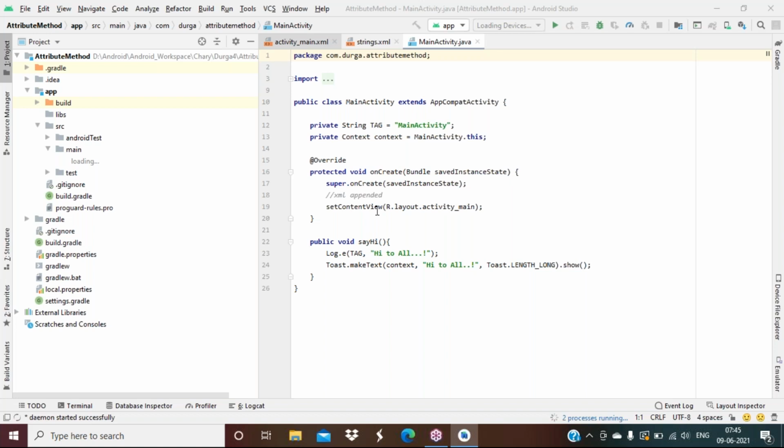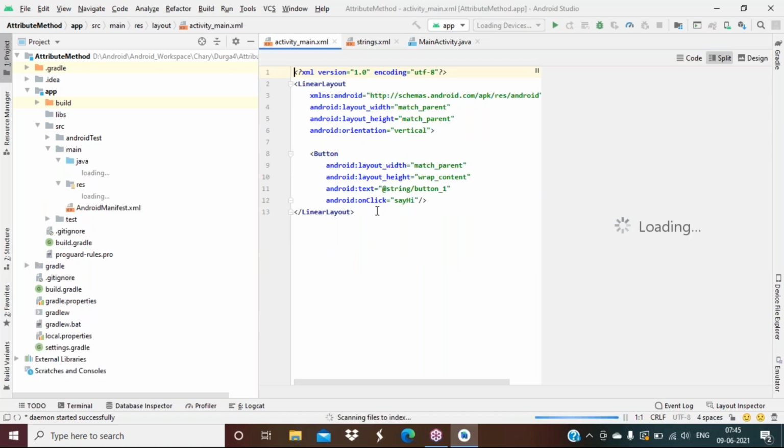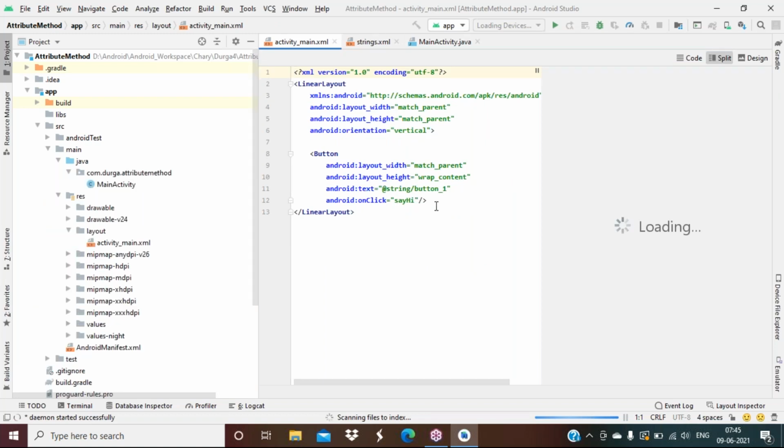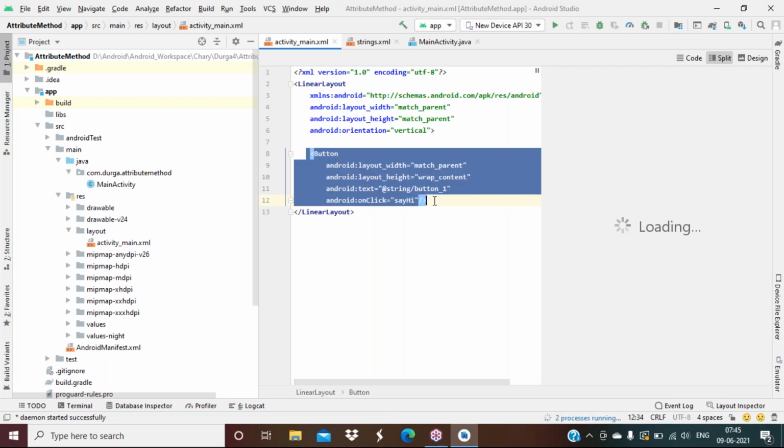So in the main.xml, what I am... oh, I dragged and dropped two other buttons, but those things are gone. Okay, so let me try to copy paste this one for another two buttons.